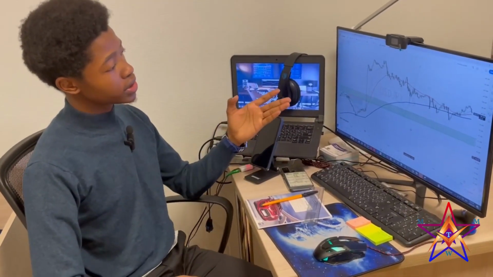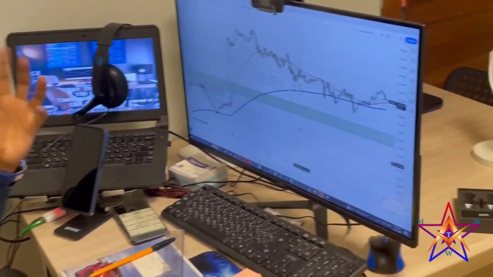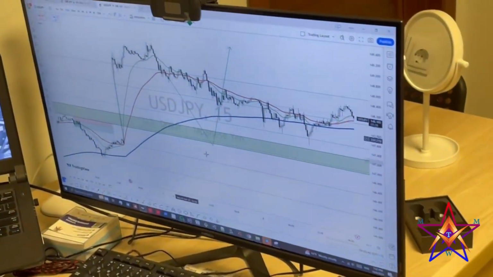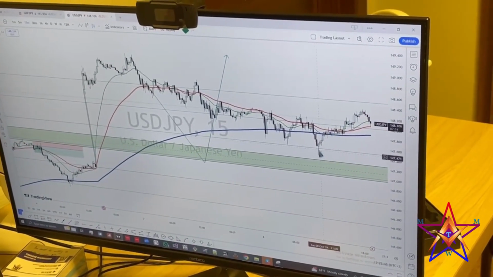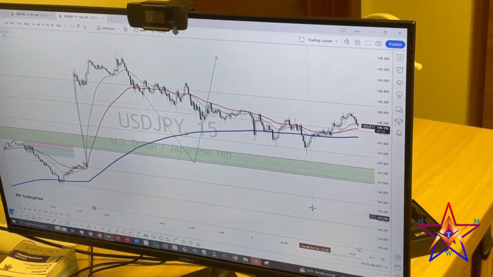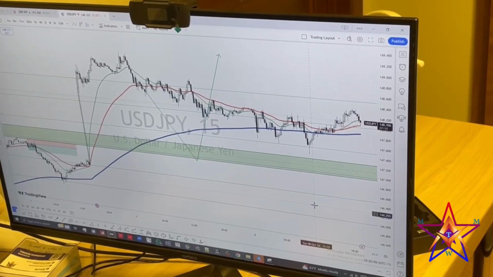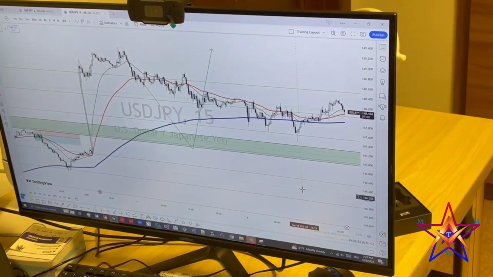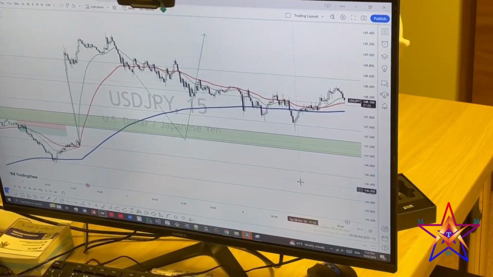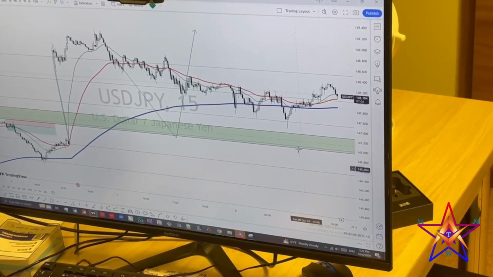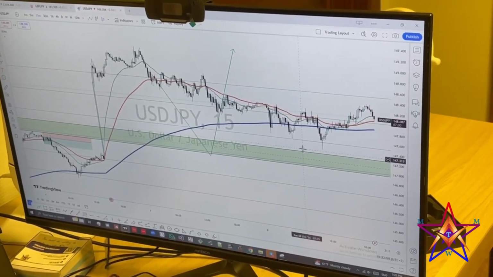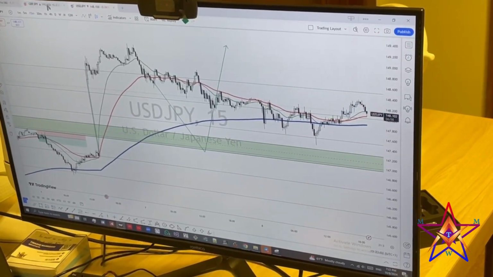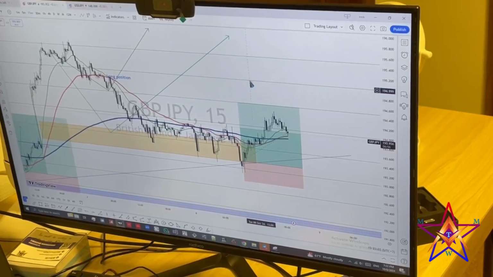So on USD JPY, we're expecting a pullback to this area. It did not come to this area, but if I had seen that it had retested the psychological level, maybe on time. But as I told you, I was not on the chart. Still, we are going to be waiting for that retest in this area. It did not take that retest, so we did not trade the pair. And we had GBP JPY.